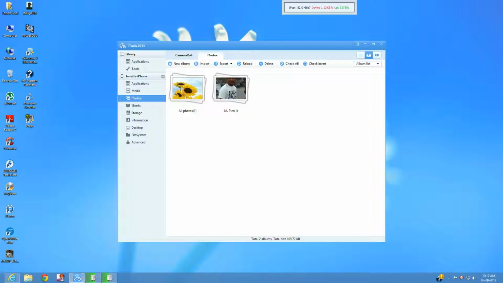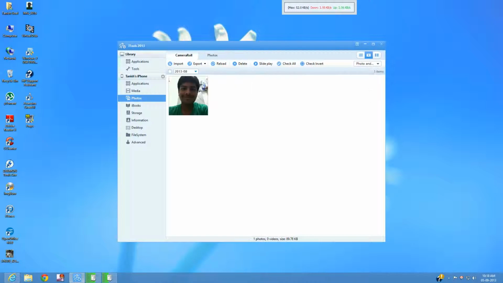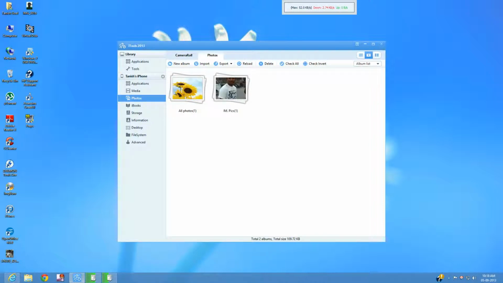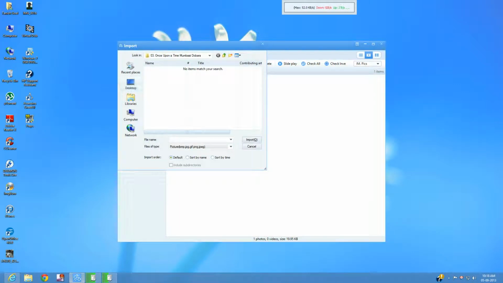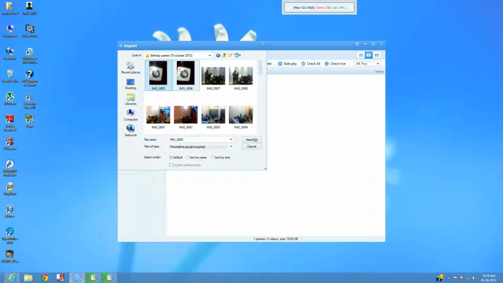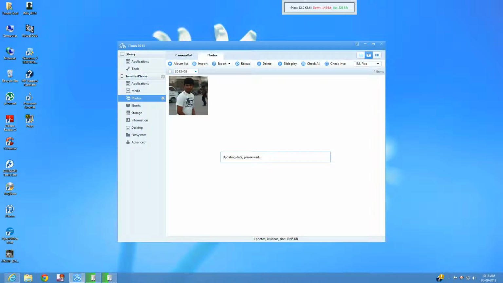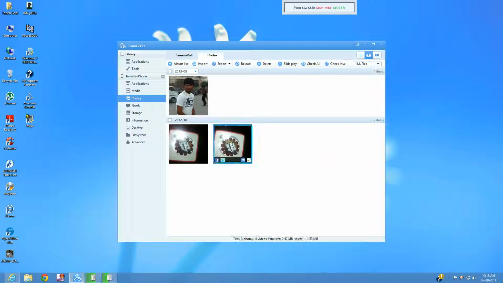Now here you will select any album. You cannot import photos in your camera roll directly, so you need to import photos in a new album. I have created this new album IMPix, that is imported pics. So click this album, click on import, and select any file. Let me show you by selecting photos. You can select any of the files. You can select two, you can select one. Let me import these two files. Just click import, and similarly these two files will also be imported. Now as I don't need it, I will delete this file.